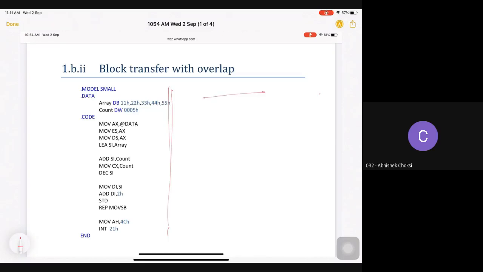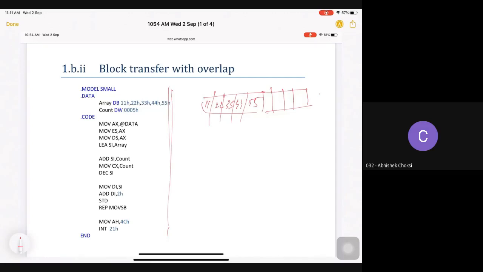So that means if this is my array, let me enter this. Okay, and these are my values in this array. Suppose 1, 1, 2, 2, 3, 3, 4, 4, and 5, 5. Then what I'm supposed to do is, and this is a continuous memory location, right? So I want to shift the array, but I want to do the overlapping.